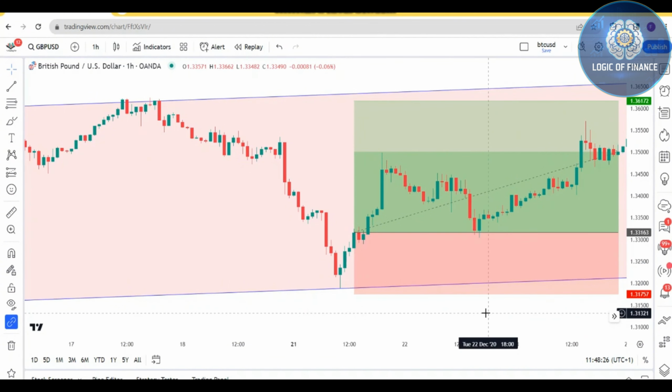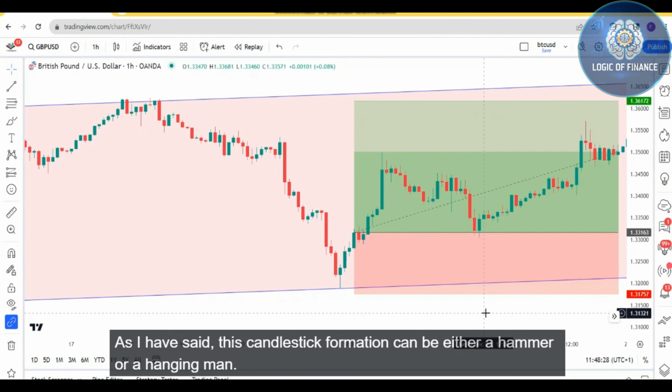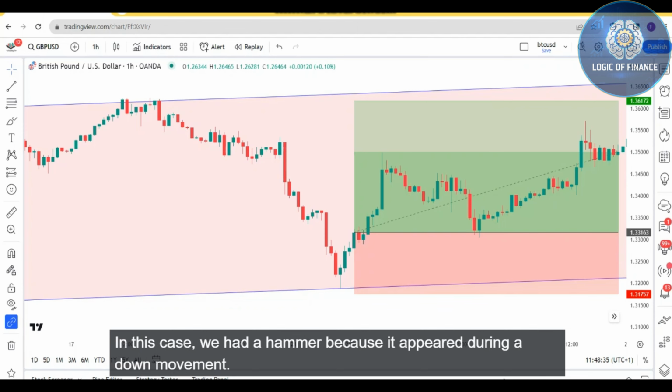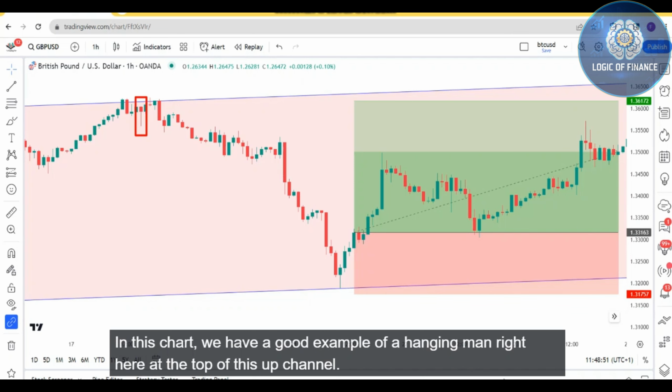Pretty easy. As I have said, this candlestick formation can be either a hammer or a hanging man. In this case, we had a hammer because it appeared during a down movement. If we have the same pattern following an up movement, we refer to it as a hanging man. In this chart, we have a good example of a hanging man right here at the top of this up